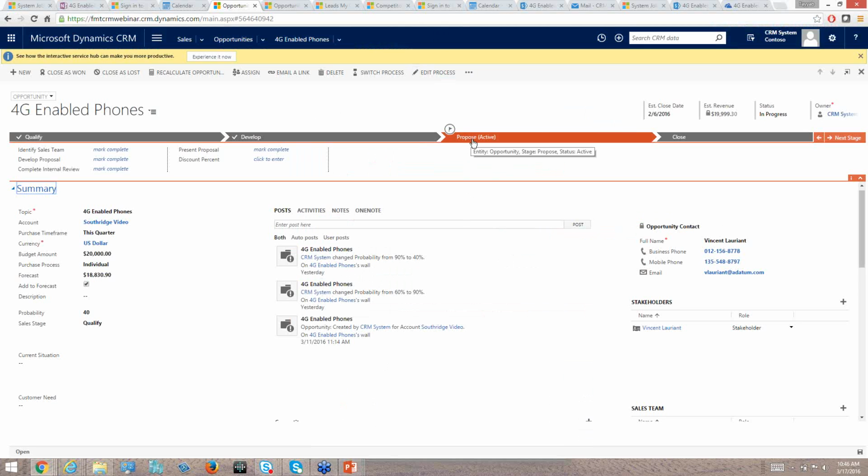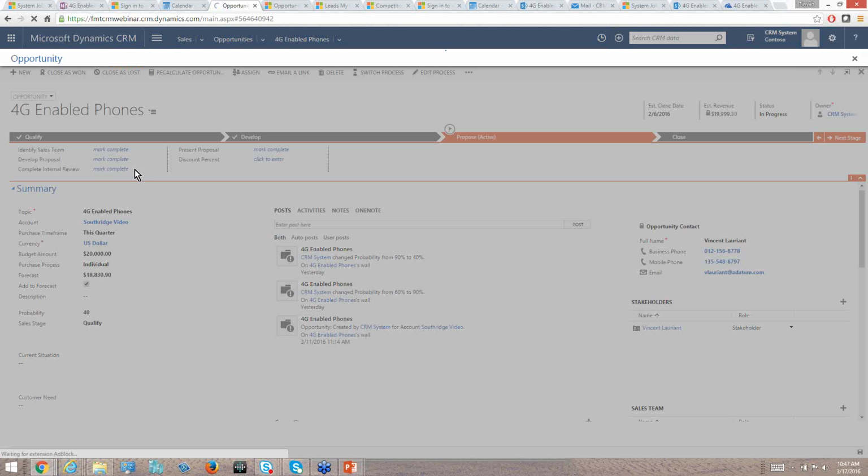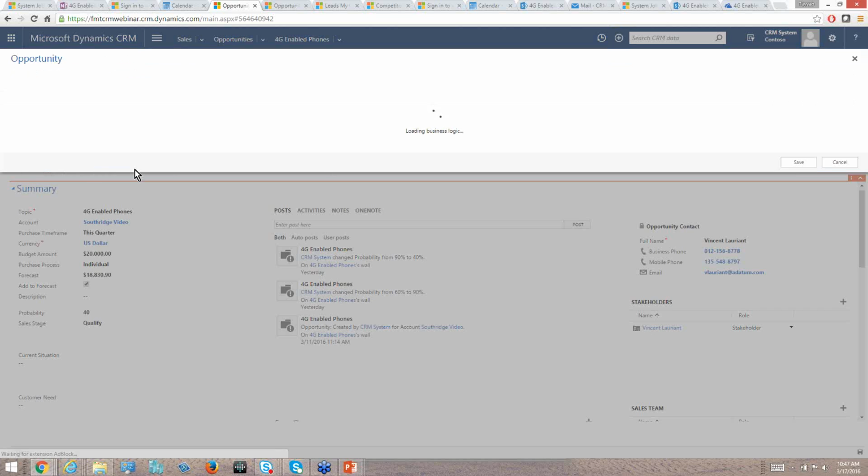Now I receive a phone call from, say, a prospect who is interested in a SharePoint implementation. So what I do is I click on this plus button on the top, and I say, okay, I just received a call, here's a new opportunity for me. And I click on this opportunity, and then you will see how it will bring down this curtain view for me. So I'm still in context of my opportunity here, but it allows me to create this new opportunity. So I say,